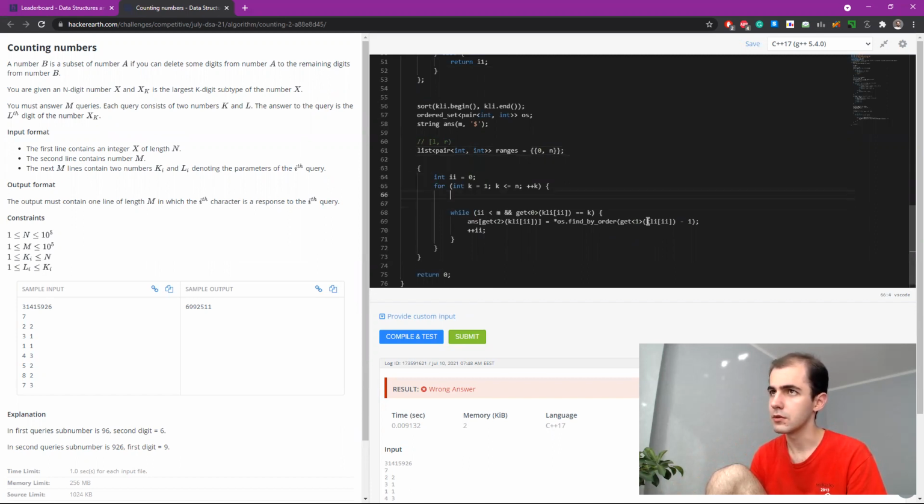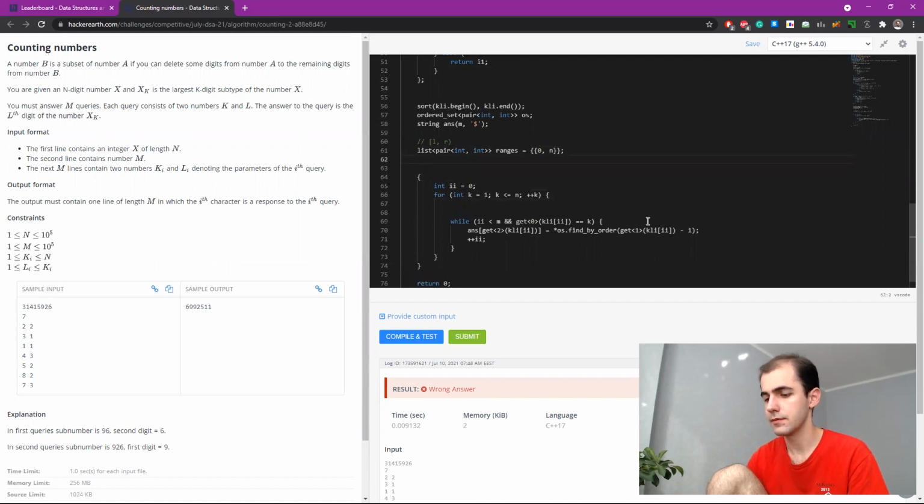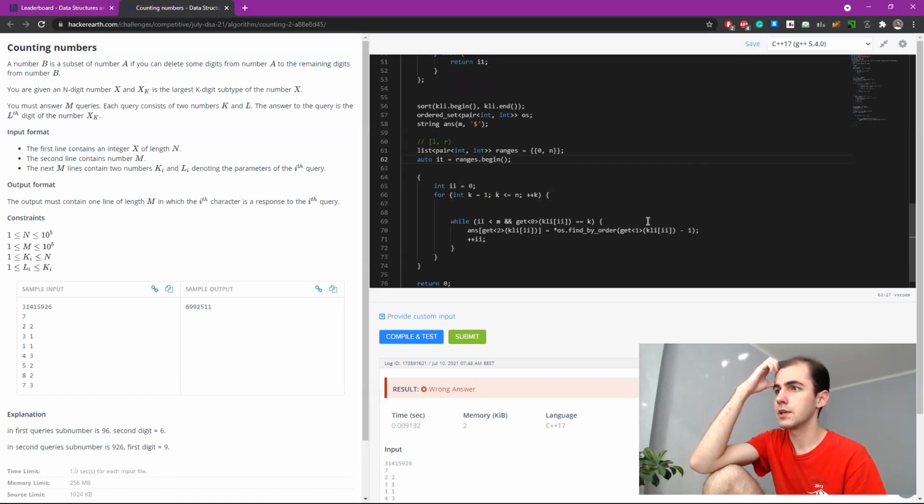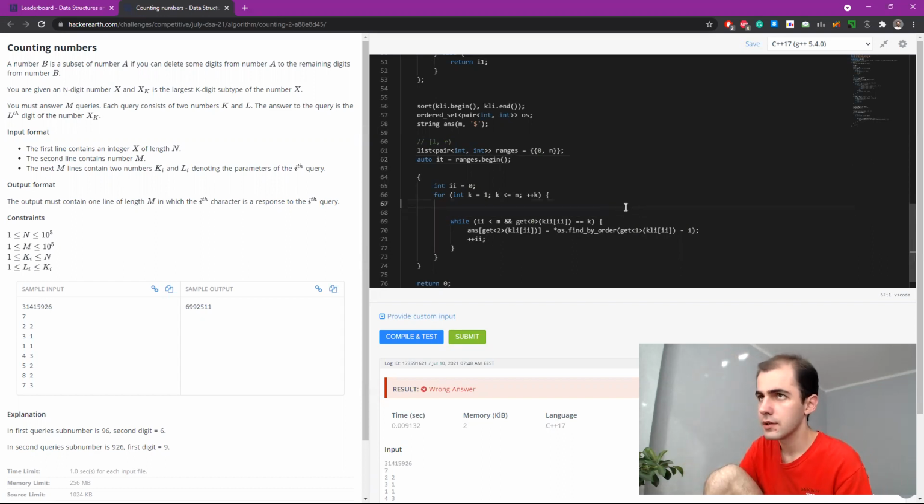So what do we do? And also we need an iterator to the beginning of that string. Okay, to the current range that we are processing. Left, right gets the current interval.